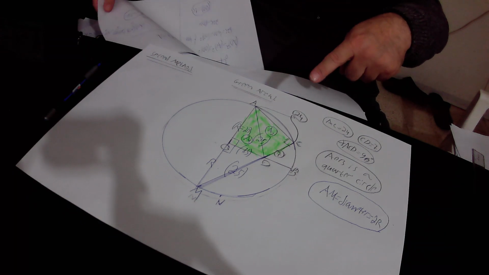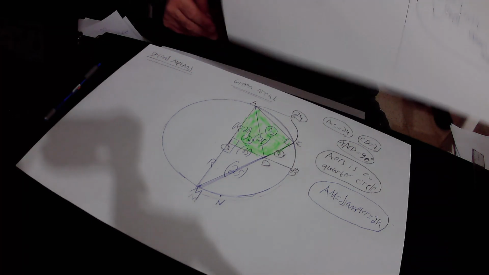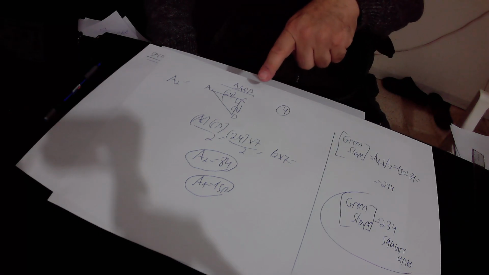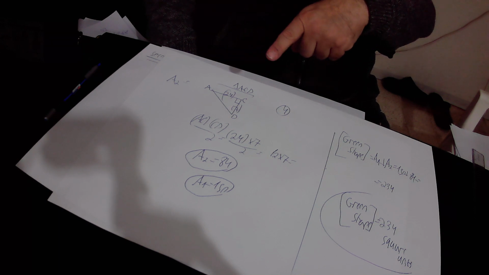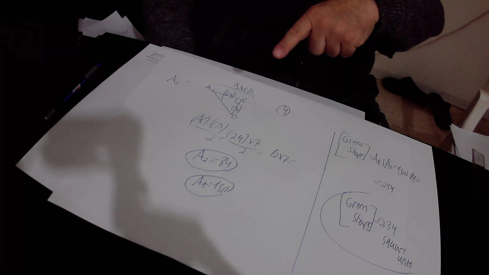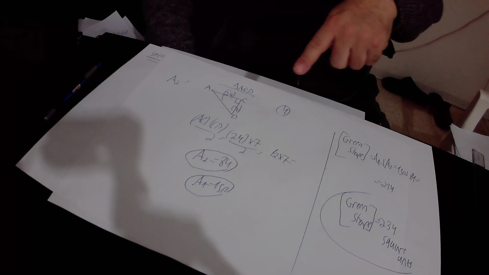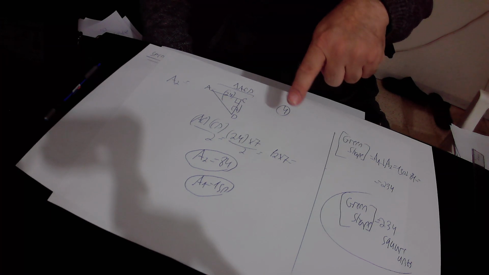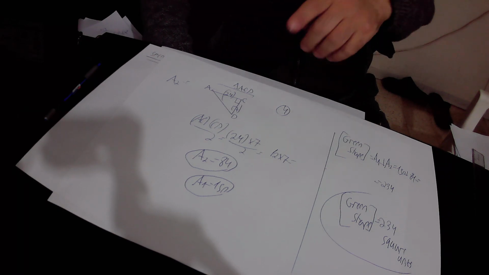A2 is the area of the right green triangle ACD. So let's look at the right green triangle ACD here. AC equals 24 units and CD equals 7 units in its length, according to what is given in the question. The area A2, that is the area of this right triangle, equals AC times CD over 2. AC is 24, CD is 7, over 2. 24 over 2 is 12, so in total this expression equals 12 times 7, that is 84. So we actually found out that A2 equals 84 square units,